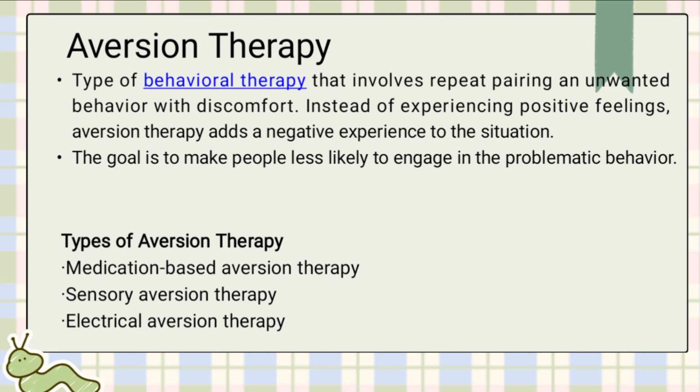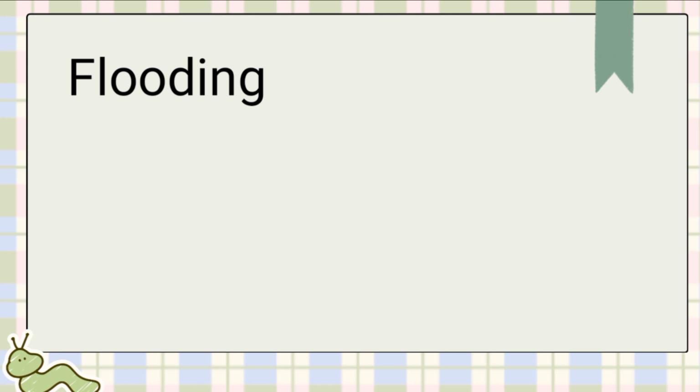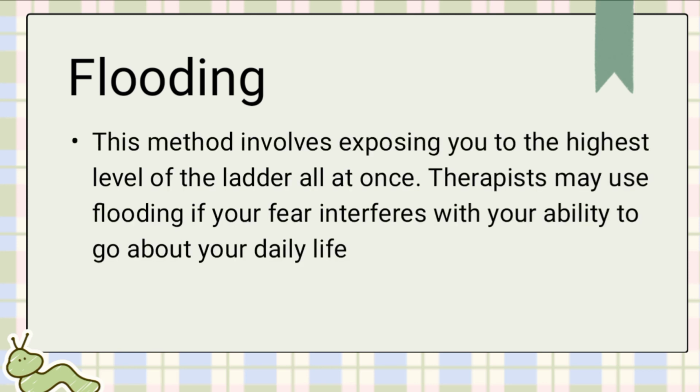Aversion therapy can be used to treat a number of problematic behaviors, including bad habits, addictions, alcoholism, smoking, gambling, violence, and anger issues. Next is flooding. This method involves exposing you to the highest level of the ladder all at once. Therapists may use flooding if your fear interferes with your ability to go about your daily life. Next is systematic